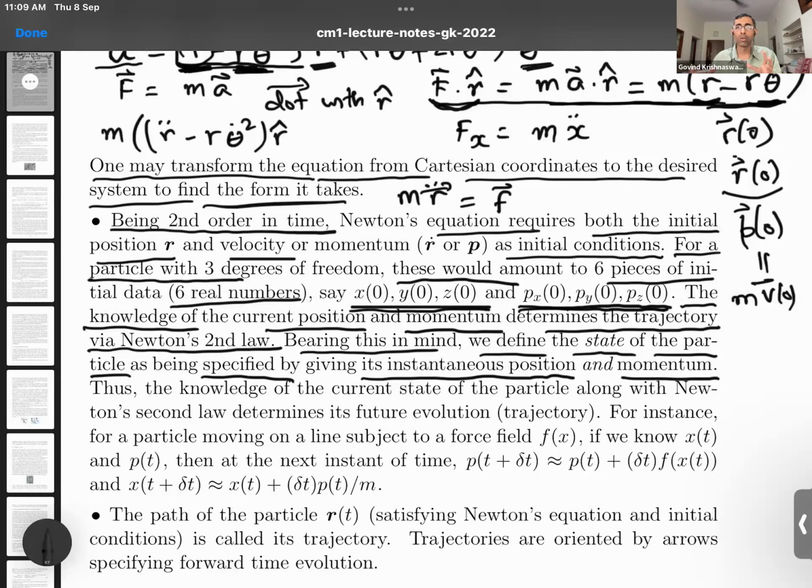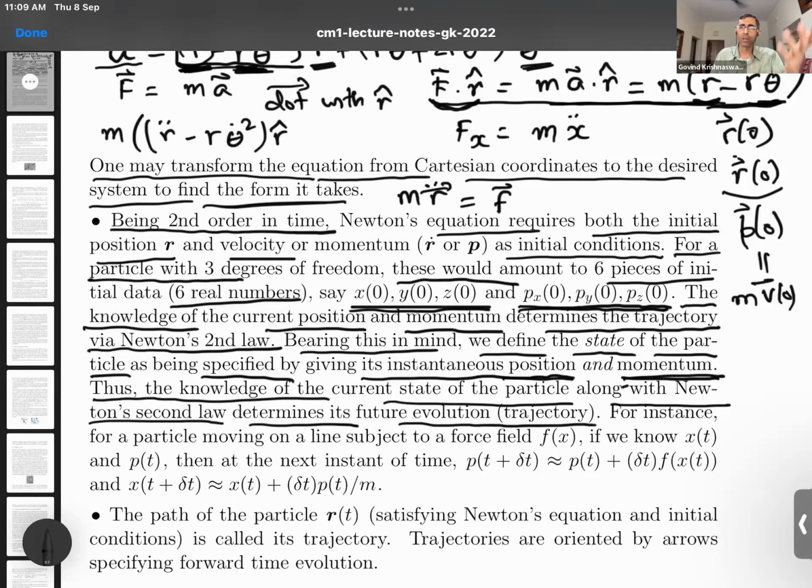So we call those pieces of data, namely the initial or instantaneous position and momentum, together as specifying the state of the particle, the current state of the particle. So to summarize, the knowledge of the current state of the particle along with Newton's second law equation of motion determines its future evolution. And that future evolution is called its trajectory. Let us see how this is done in a very, very